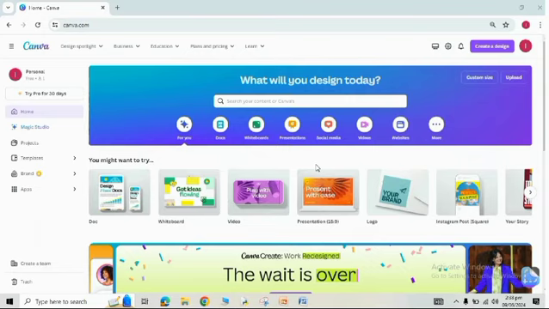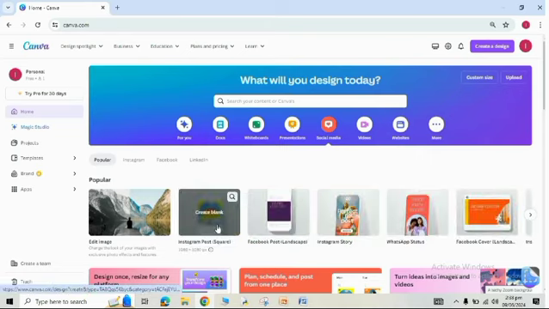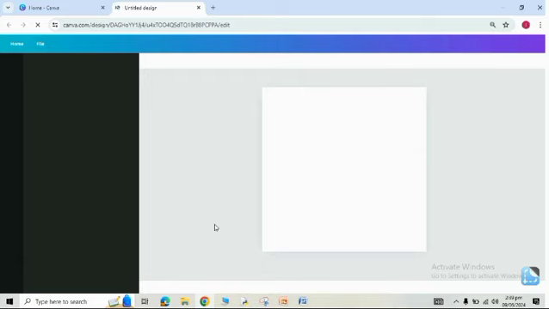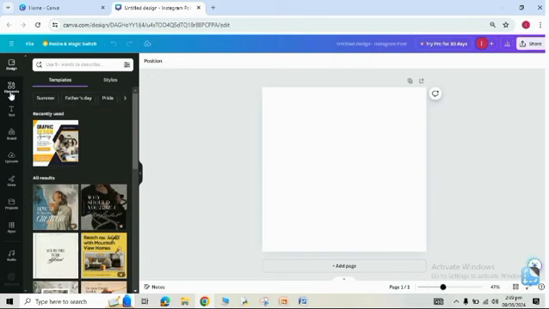Now I am going to tell you the major differences between Canva Pro and Canva Free. The first big difference is that Canva Free provides limited access to some of the elements, while Canva Pro gives unlimited access to most of the elements. For example, if I go to social media and click on Instagram post, you could see on some of the elements